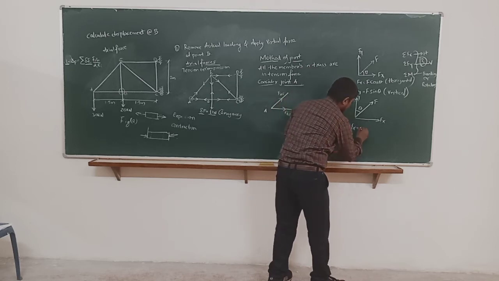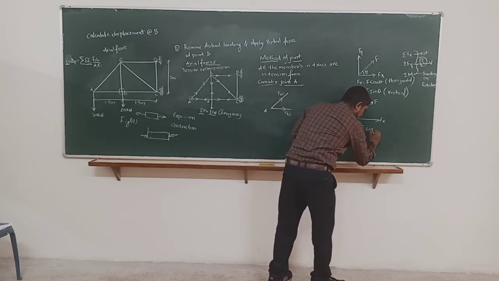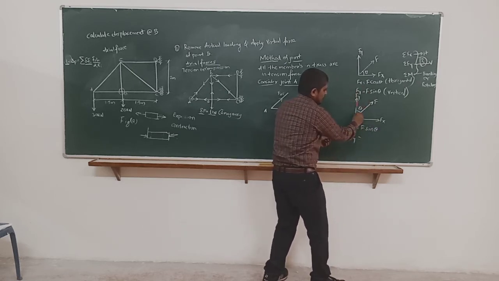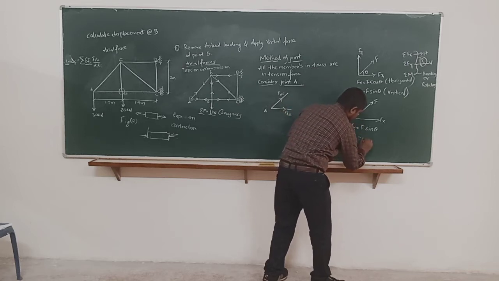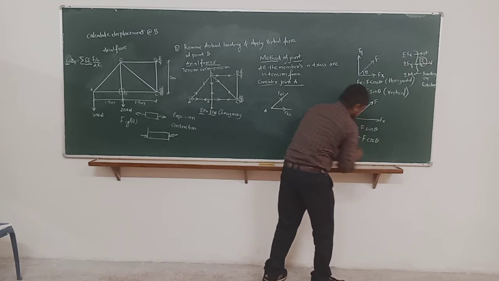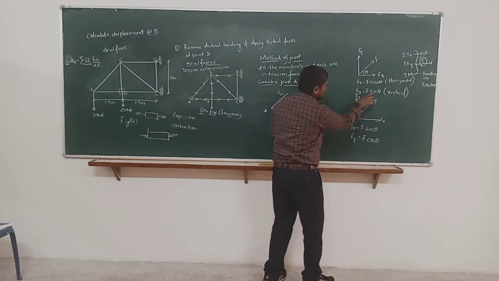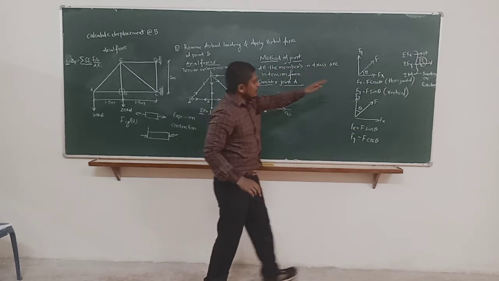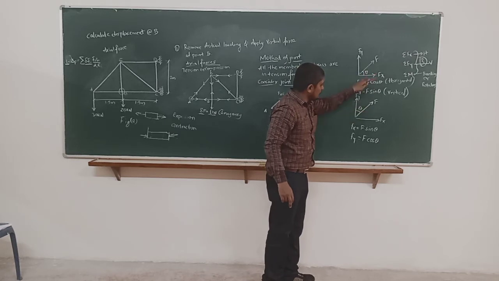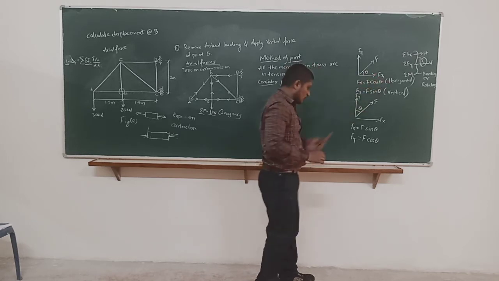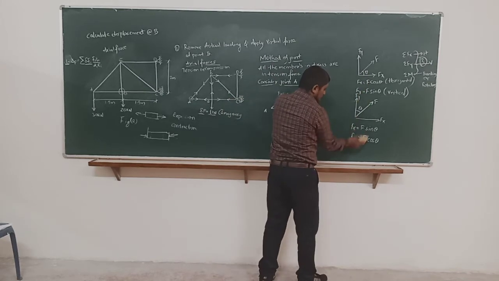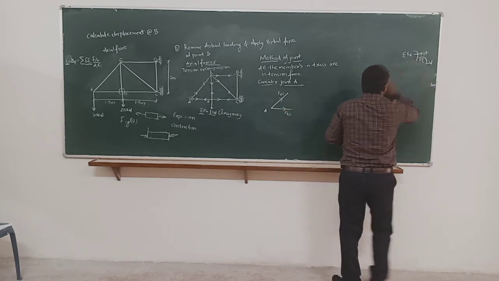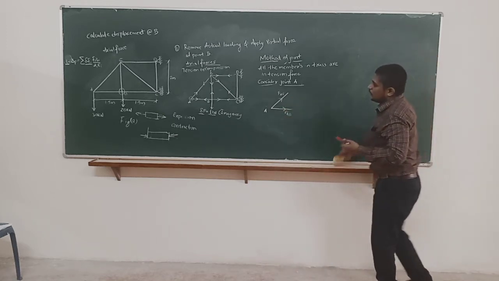So here it will become F sin theta, and Fy, it is towards the theta, Fy will become F cos theta. Now see the difference. Here Fy is F cos theta, here F sin theta. Here Fx is F cos theta, here Fx is F sin theta. So in this way, depending on the location of the theta, you have to decide whether sin theta is going to come or cos theta is going to come. Okay. If you understand these two parts, it is very easy to analyze this, because these same steps only have to repeat for all the joints.